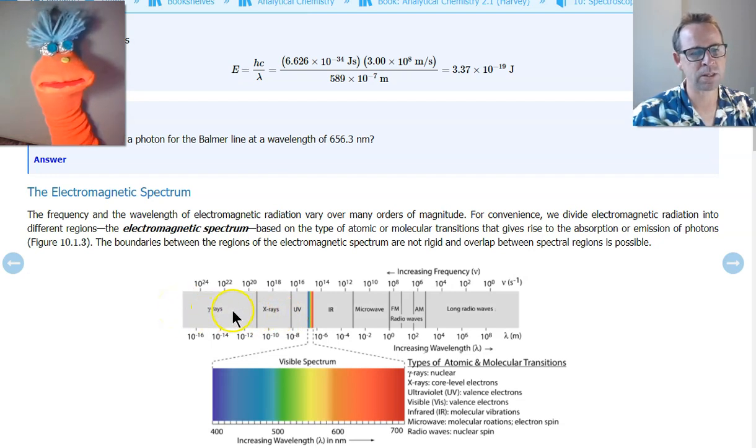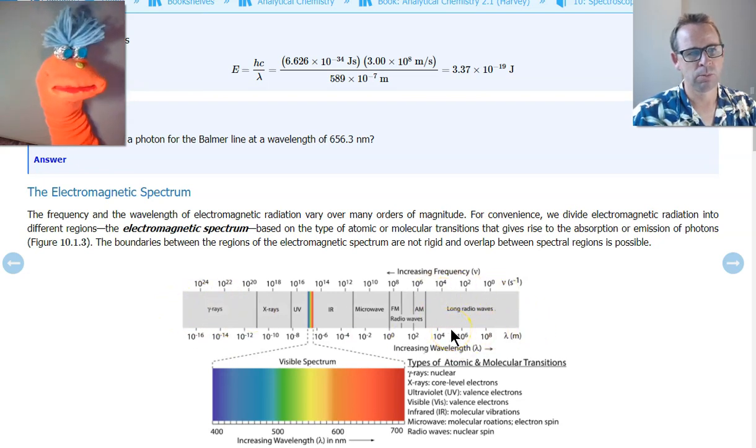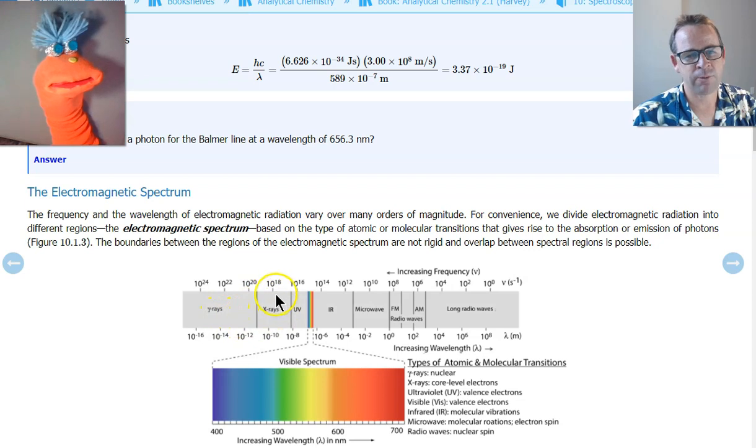Now tell me, Fred, what side is more energetic? Gamma rays or radio waves? More energy? Yeah. X-rays and gamma rays. That's right. You know, if you stand in front of the X-ray machine without any protection for too long, it'll cause cancer, right? So even the UV rays from the sun are enough energy to break carbon-carbon bonds in our DNA, which sometimes lead to mutations that don't get repaired properly, which can lead to skin cancer, right? So more energy down here.